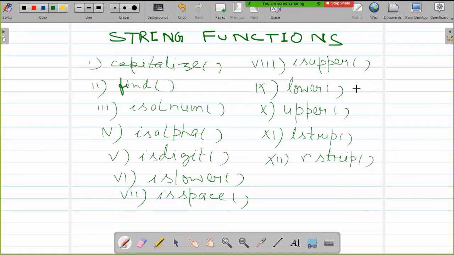So these are some of the functions we will learn in today's class. So these all are the functions of strings. We will learn these things through practicals.